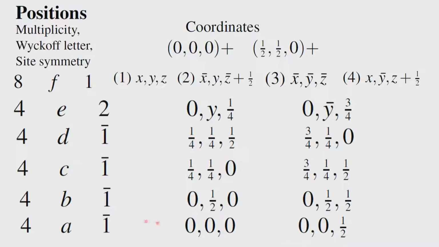So, this analysis of the equivalent points, you can do it very easily now, because you have the 8 equivalent points listed up there. Take any one of these, for example, you take 0, y, 1/4, substitute that into these 8 positions, you will end up with 4 positions, and those are the 4 positions corresponding to the Wyckoff notation for E, and that is how we get the C2/c space group.